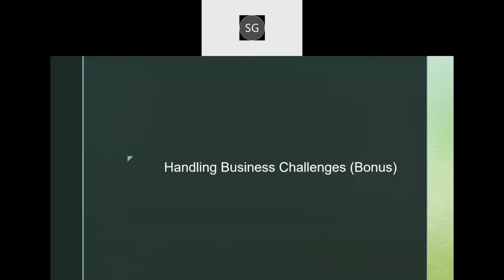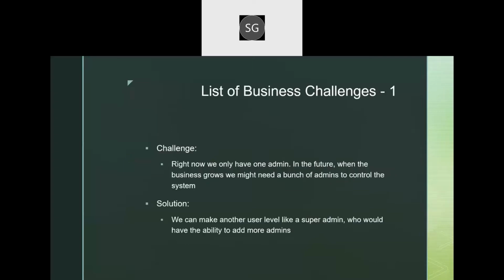So here comes the bonus part of the project. So handling some business challenges that we can anticipate that we are going to face through our system. So the first challenge is, right now we have only one admin, and only one admin can register and do the controlling and maintaining thing.